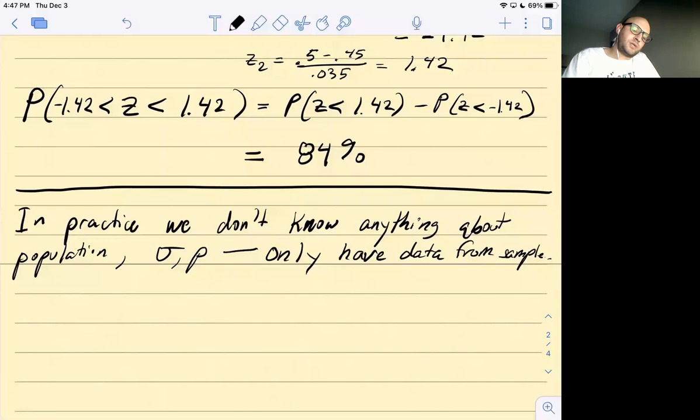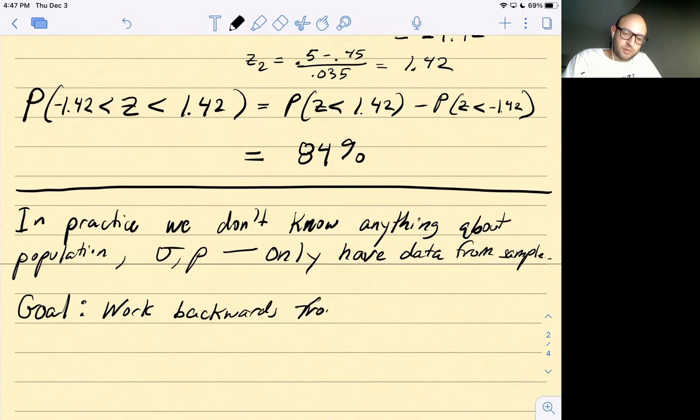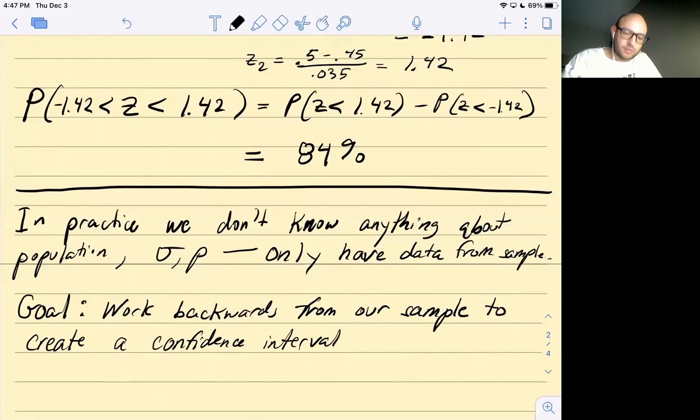And so what we're going to do is try to estimate. Our goal, with this data and the things we can deduce from it, is to work backwards from our sample to create a confidence interval, an interval that has a high chance